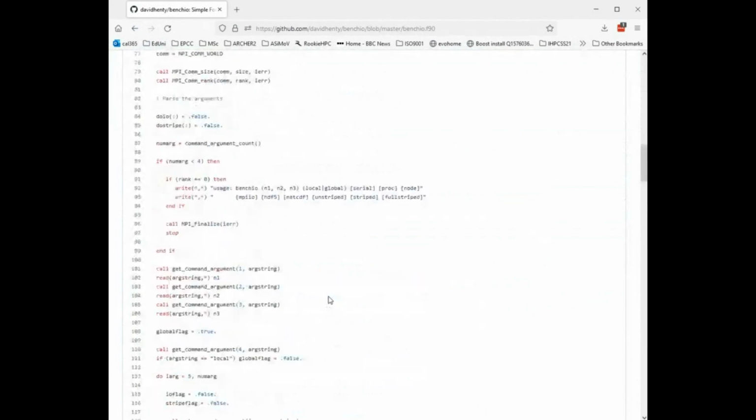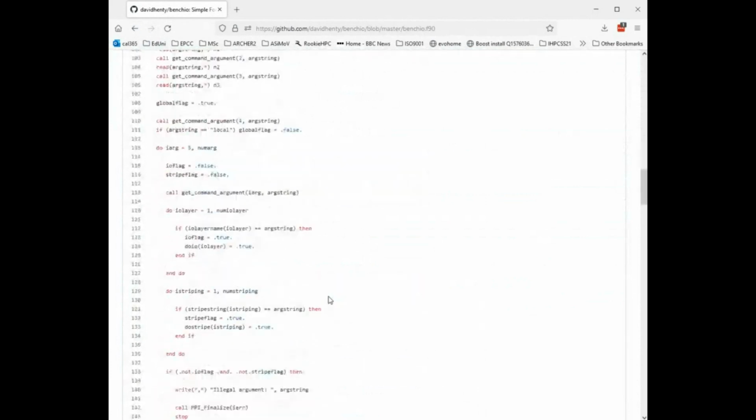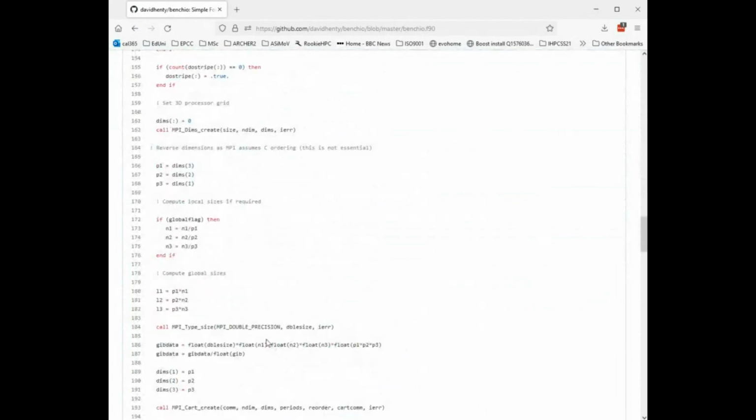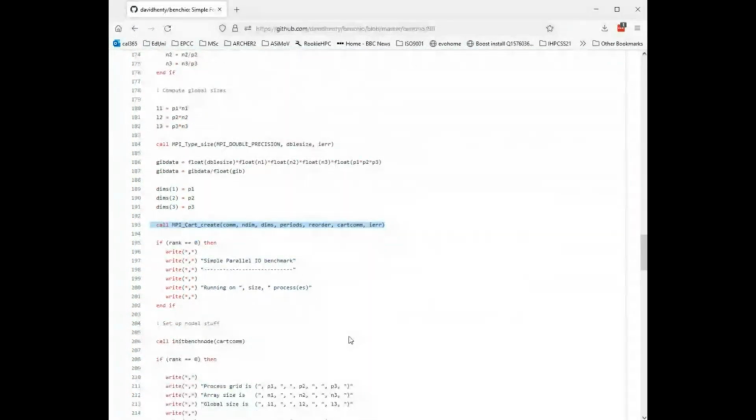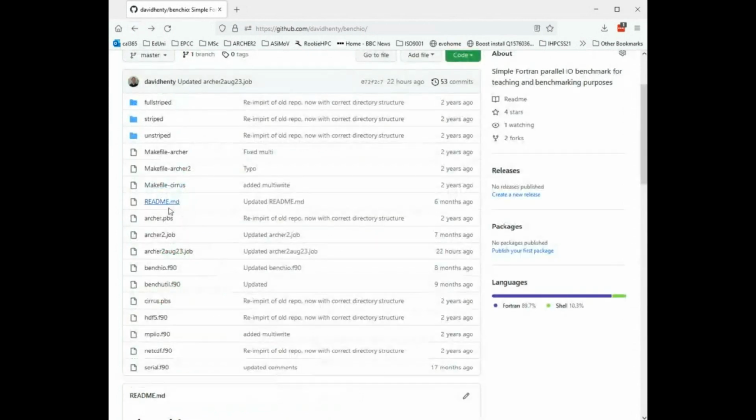I've also arranged the processes in a 3D grid by creating a Cartesian topology, and I pass that through the back door, actually, which is maybe not the right thing to do. Okay, so for the MPI-IO, basically the basic stages are that